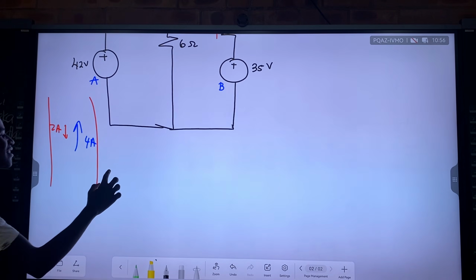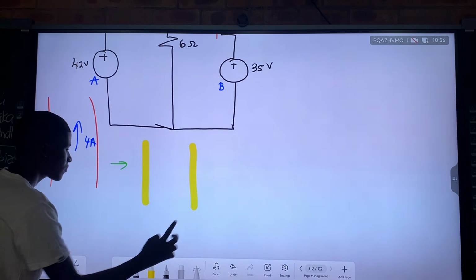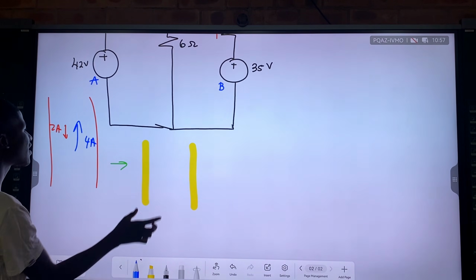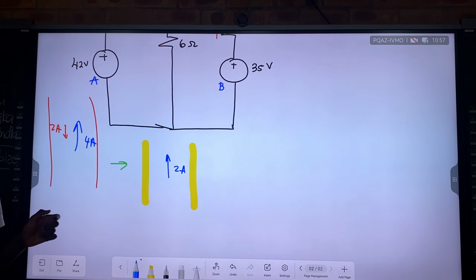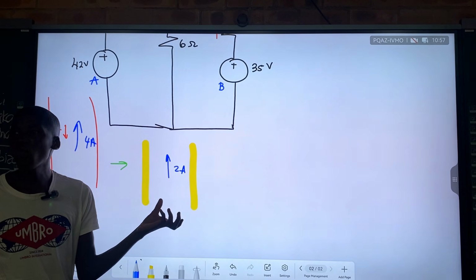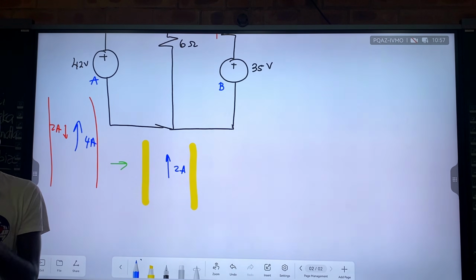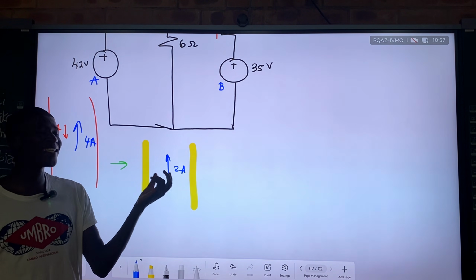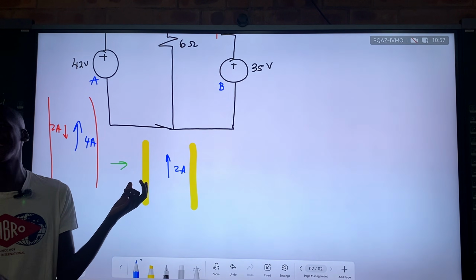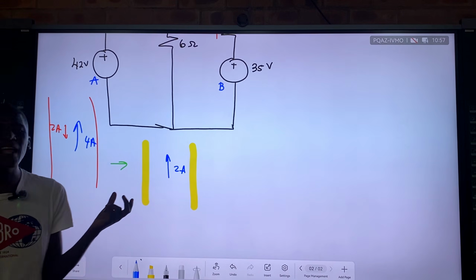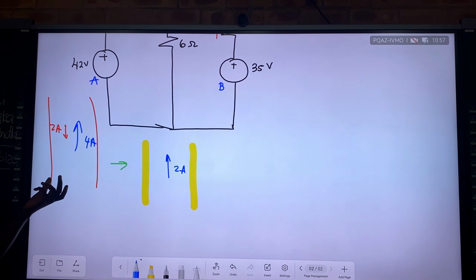The actual current going through the conductor is going to be 2 amperes upwards. So when I say about 2 amperes upward, it is not the only current that is available in the conductor. That is a wrong assumption. 2 amperes upwards, just note this is the net current. This is the total current in the conductor after we have added and subtracted all the currents that are passing through the conductor at that position.